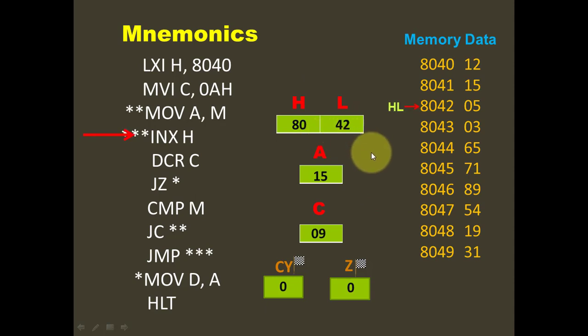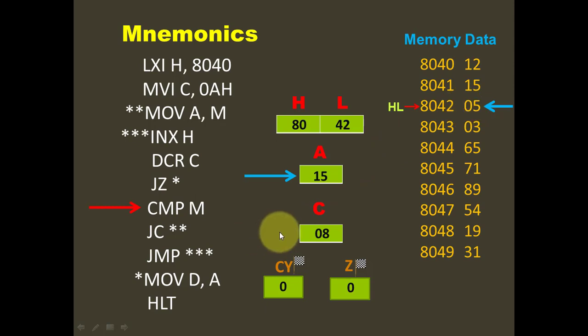Now we decrement the counter, DCR C. Now the counter is 9, it will become 8, and again it is not 0. So this condition is again false, so the zero flag is not set because C is not 0. So it won't jump to MOV D, A. It will go to the next instruction, that is compare, CMP M. Now again the data of register A is compared with the memory location. This is 05 and this is 15. Now in this case the data at the memory is less and the data in A is more,